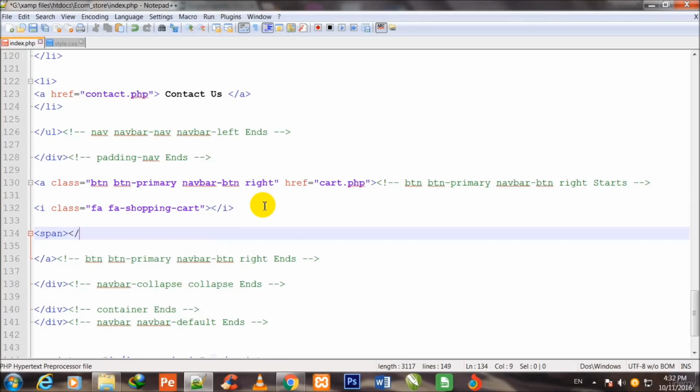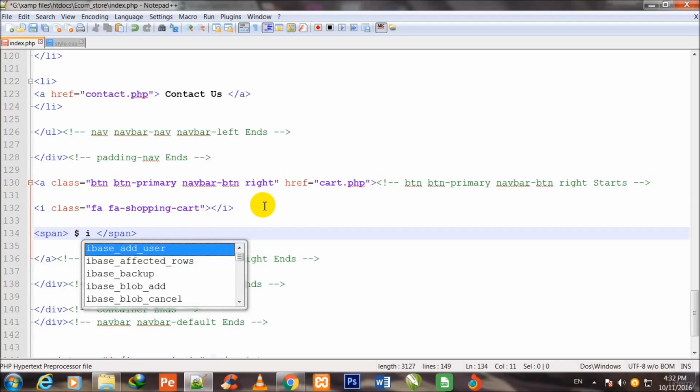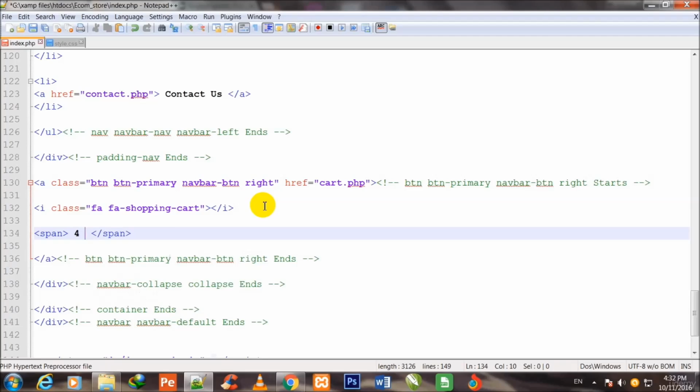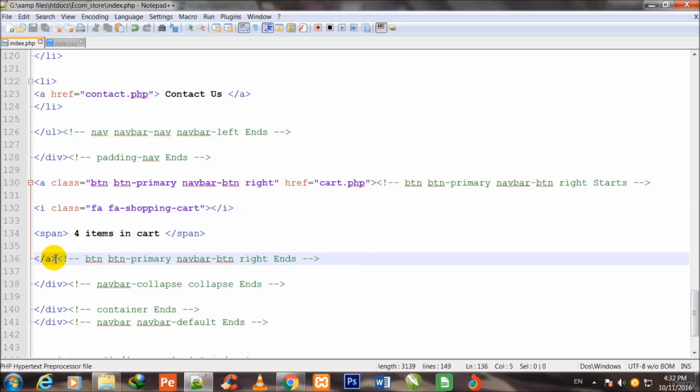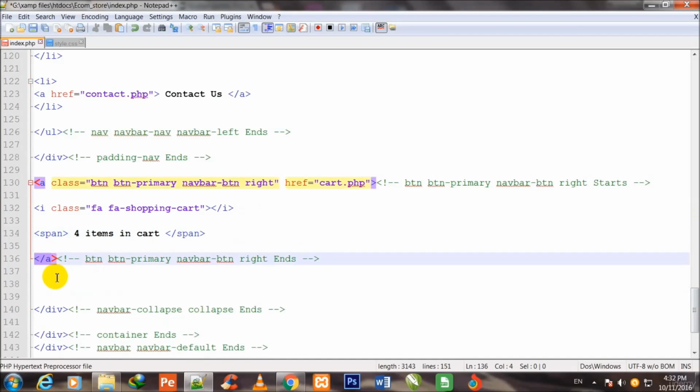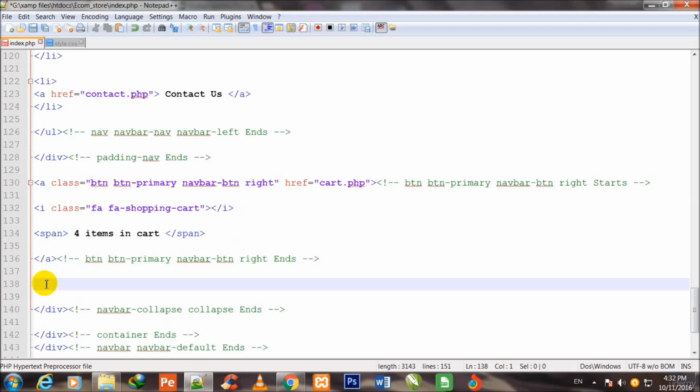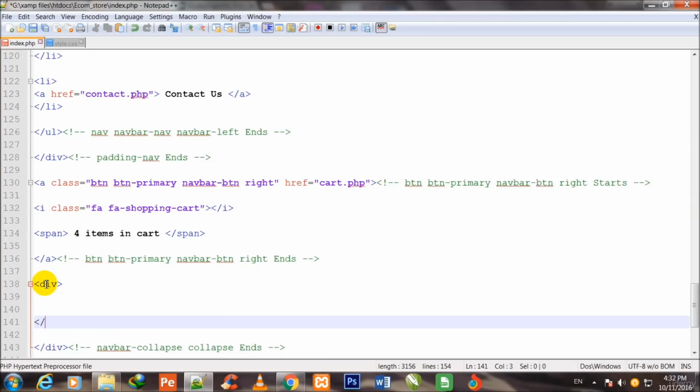over the browser. Now I make one span tag, span start and span close, inside the anchor tag. And here I write 4 items in cart. Just as dummy text I have written here because I am just making this theme in HTML5. When I make it dynamic, then all this text will be removed. So now I come out of the anchor tag,